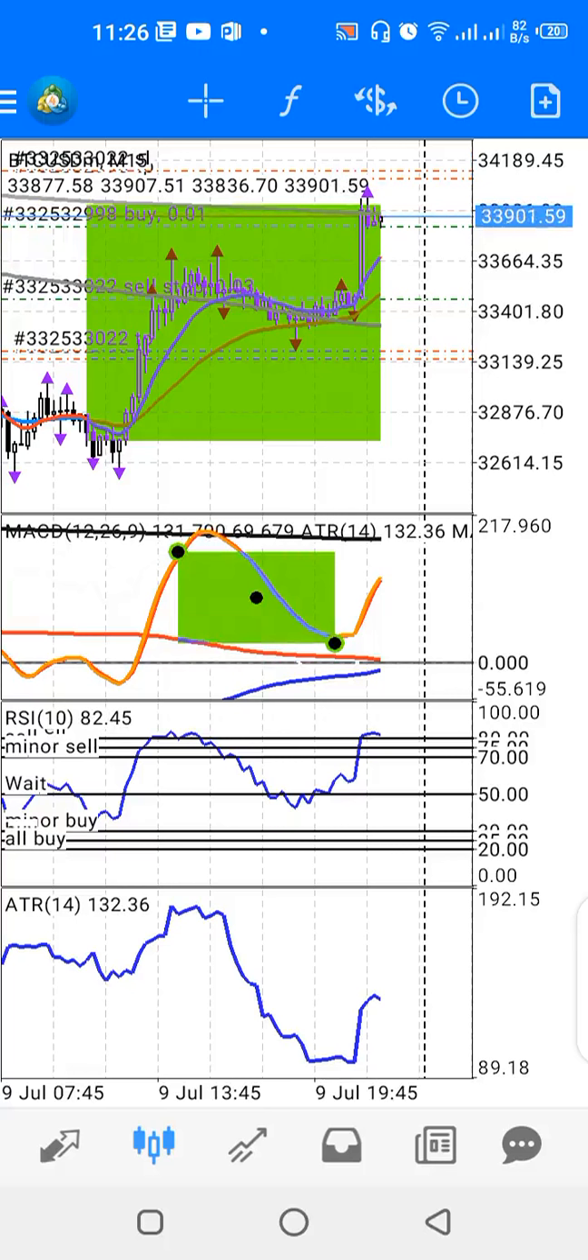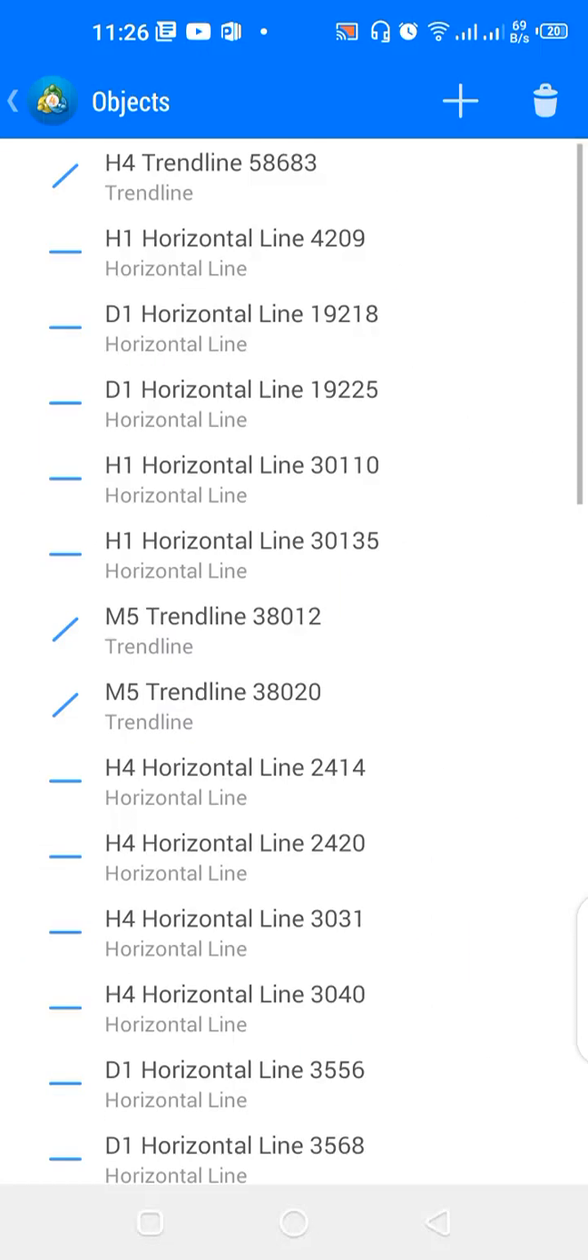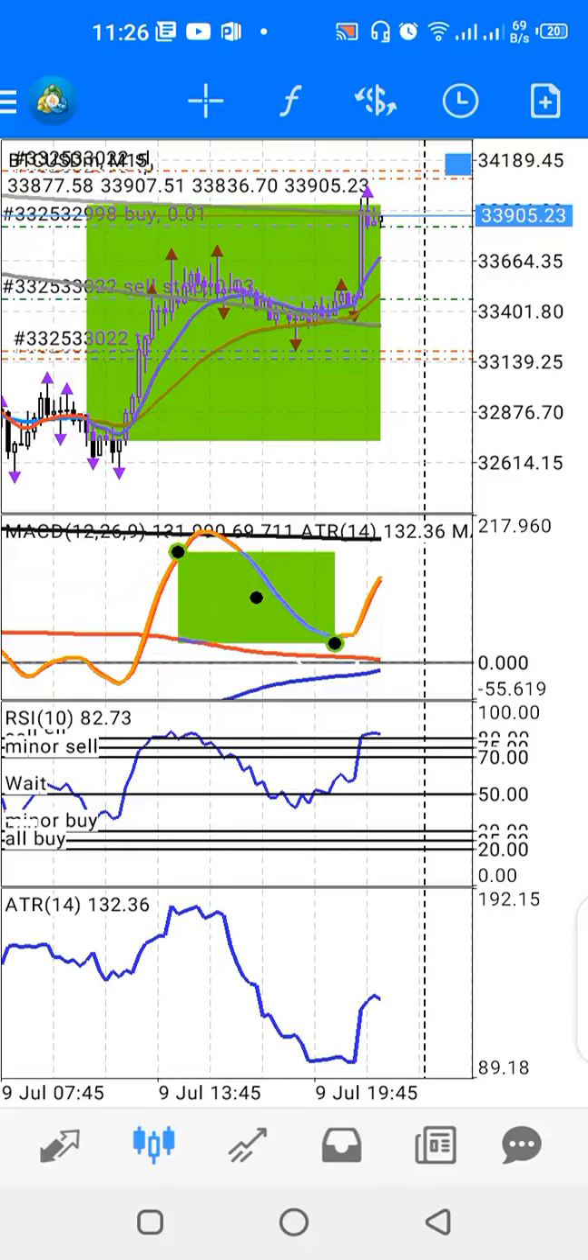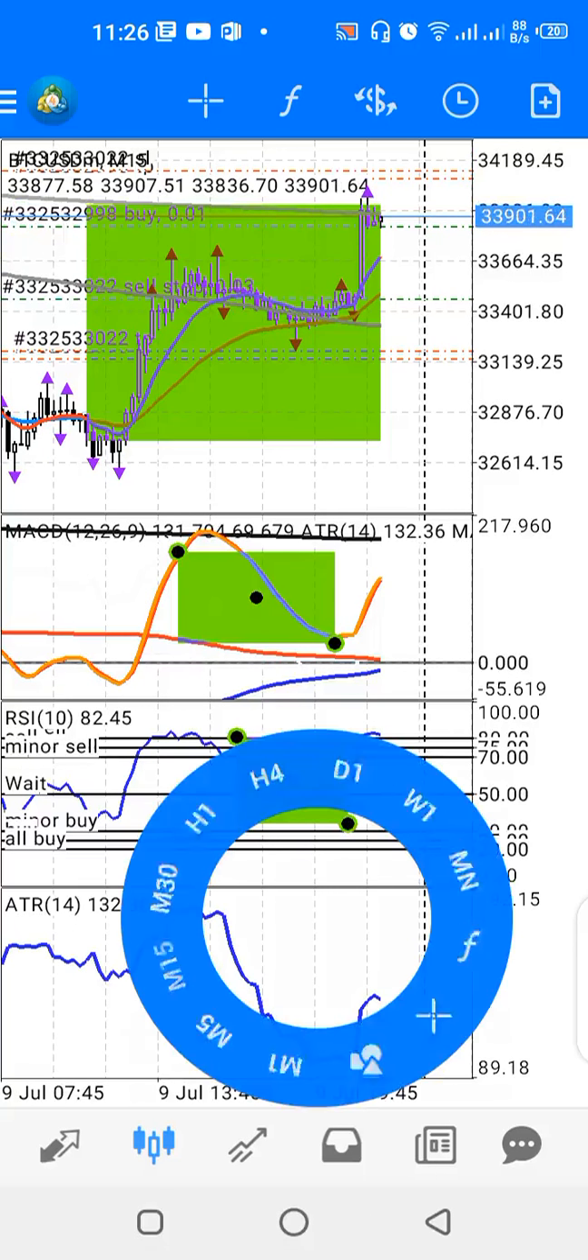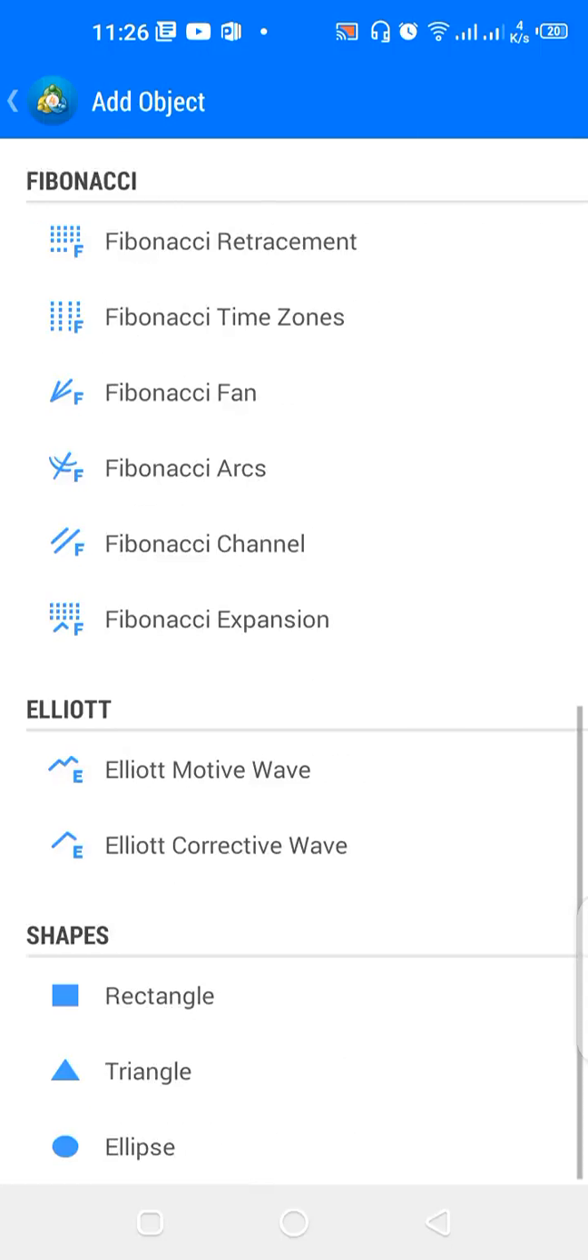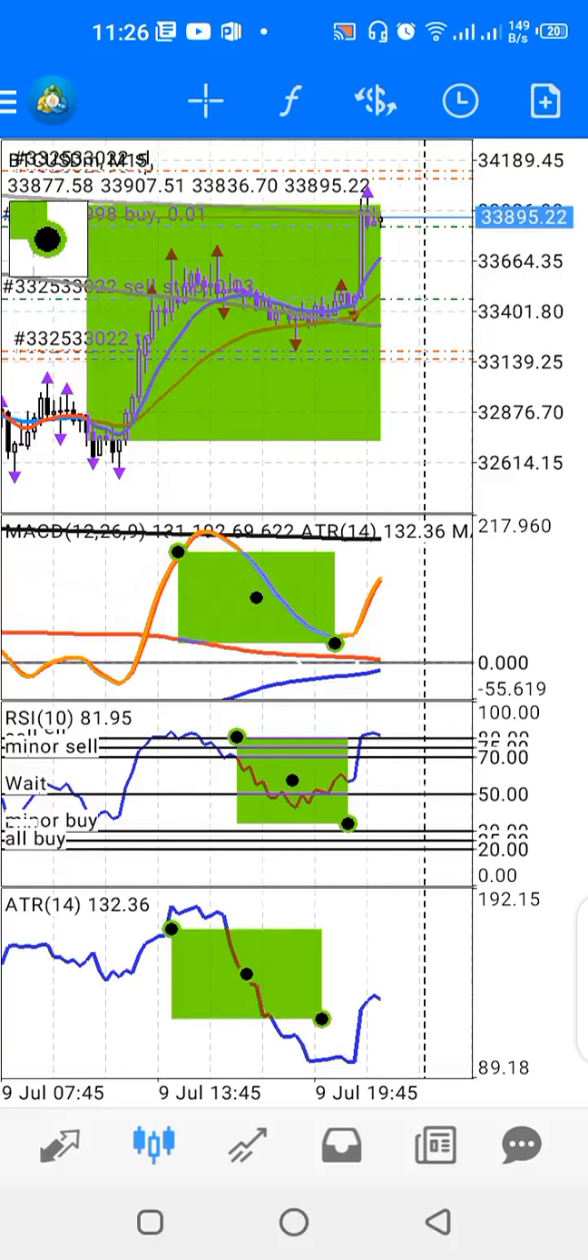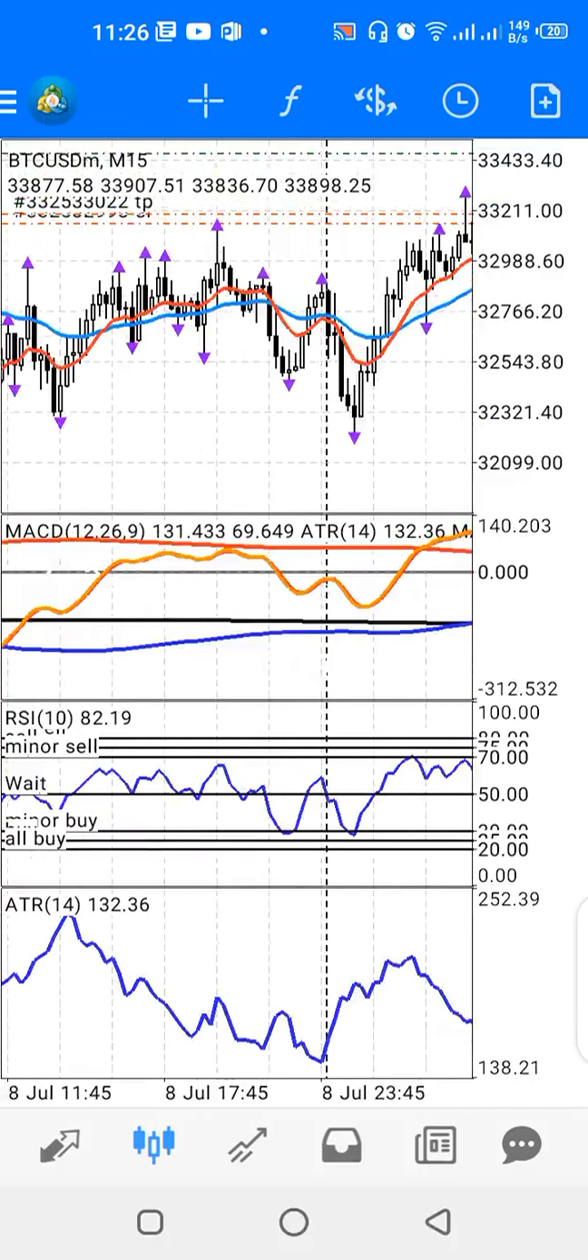The third window is indicator window 2. And the fourth window is indicator window 3. Okay. Now, the way the strategy works is